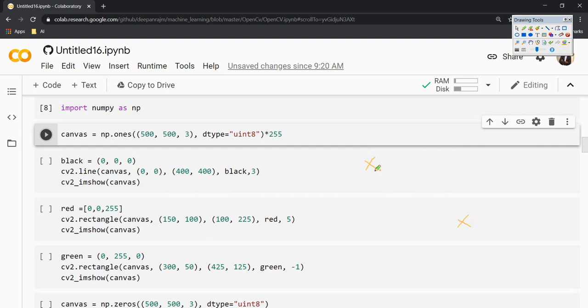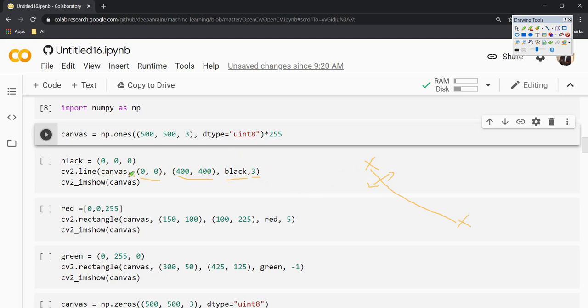So if I am able to get the starting and the ending point, I can draw a line very easily. Likewise, I just gave the starting point as 0, 0 and the ending point as 400, 400. The color is given here as black, and I've given a thickness of 3. This is nothing but the pixel thickness which is going to be used. So 3 is the thickness of the line, black is the color of the line, and this is the starting point and ending point on which image I'm going to draw.